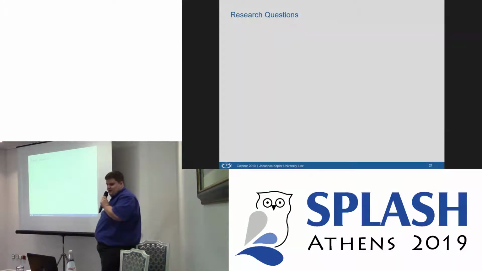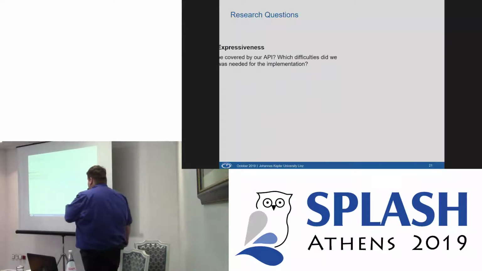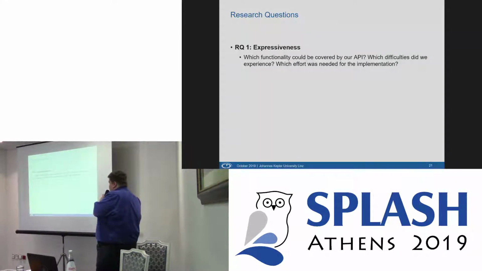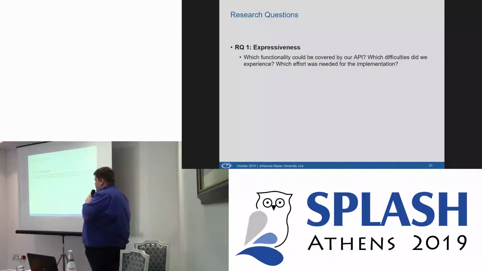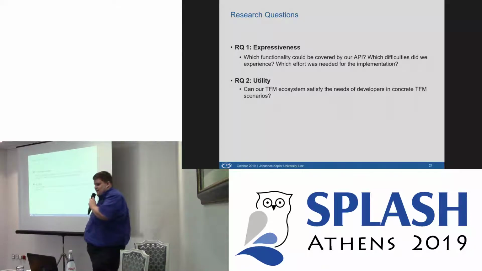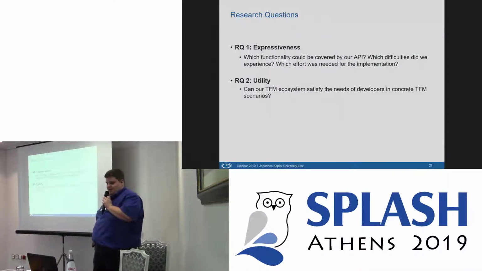Well, regarding our research questions, we thought about two things. First of all, the expressiveness, so which functionality regarding feature model operations could we cover? What were the difficulties and the experiences when implementing this notion layer we showed for specific TFM notations? And the second is utility, so can our temporal feature modeling ecosystem satisfy the needs of the developers